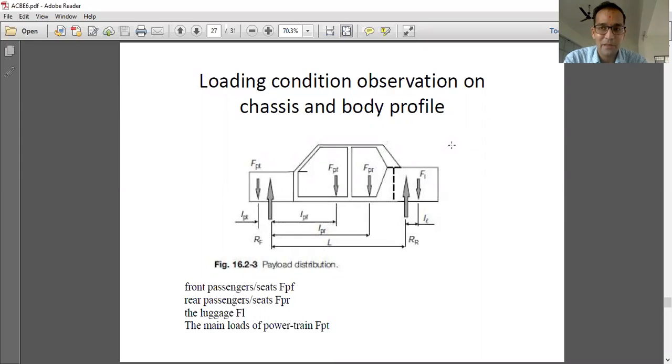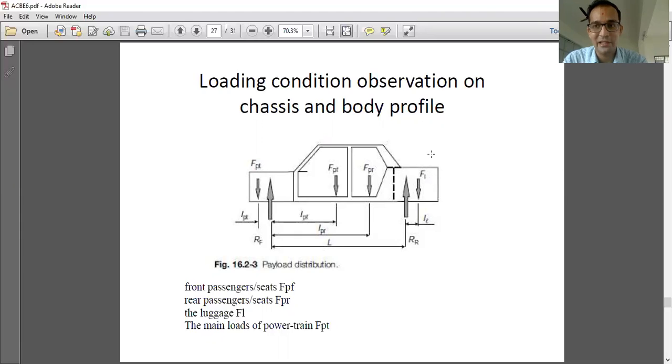The passenger load is also 2 passengers at front, 2 passengers at rear. Seat 2 or 3 passengers, you can consider. Engine mounting and powertrains are generally considered to be at the center. It may or may not be at the center. In the rear luggage space, we are saying it may or may not be at the center. Whatever configuration we achieve, that particular configuration is going to decide how that system's load condition will act on your component, and how we find reactions at a particular zone.